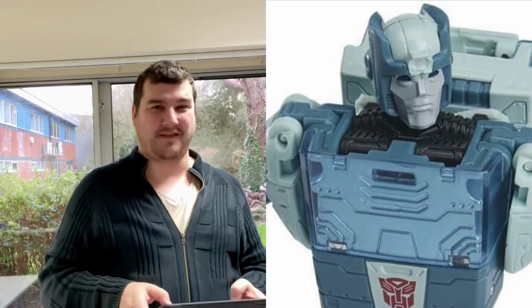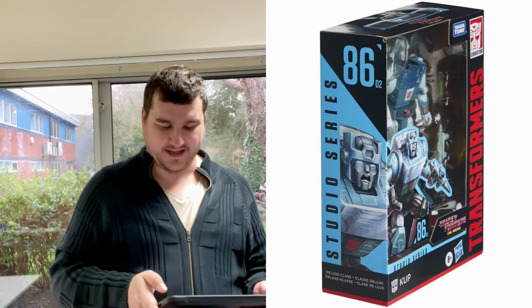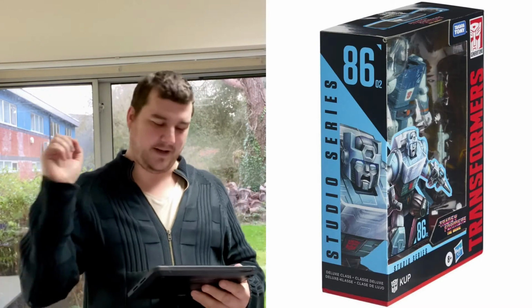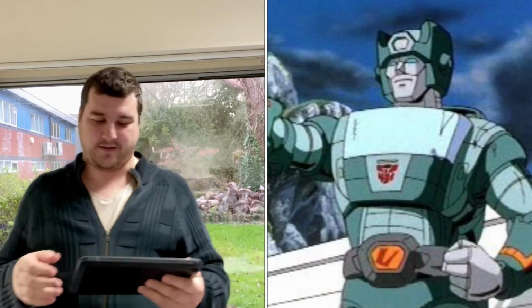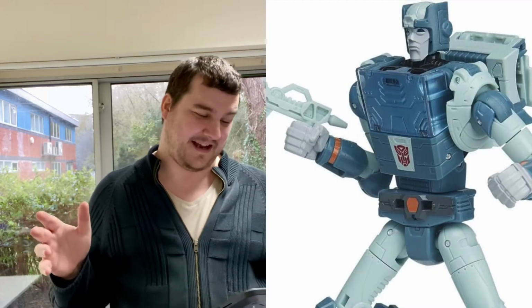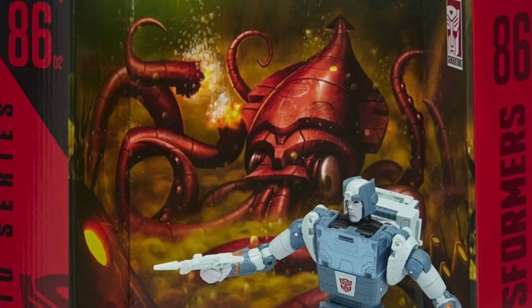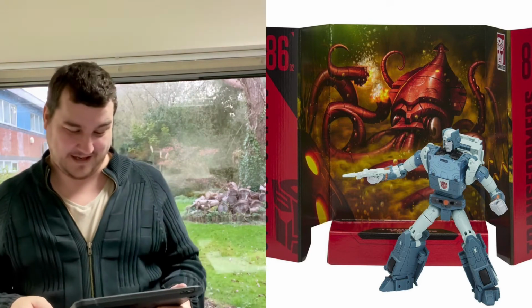I don't think they've nailed the face sculpt. If you look at the box, it's pretty cool, but if you then take a picture of the movie, take a picture of the face sculpt, it's not quite there. But everything, again, the backdrop's amazing. His arms and legs unpeg. That is stunning. So you can literally have him on his backdrop with Hotrod fixing him for a display. That is thought and care and attention. It's just the face sculpt that lets that down. But other than that, yeah,